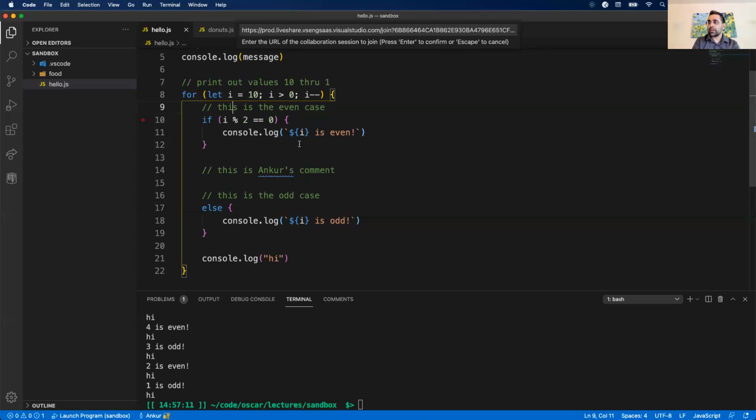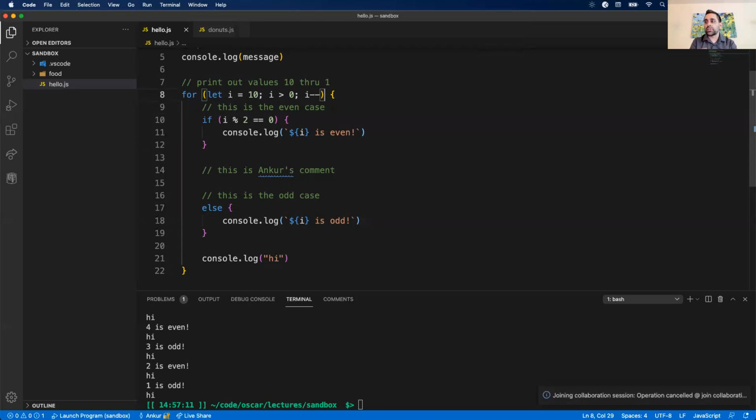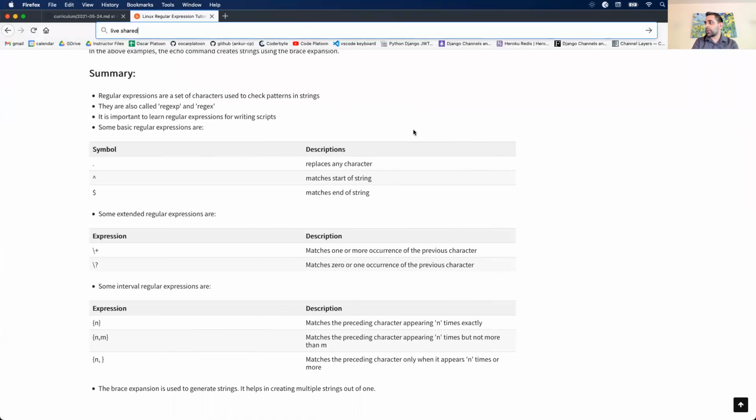All right, that takes care of pair programming and Live Share. Definitely use it. It will make your lives easier, especially since we're all remote at this point. Last thing I want to go over before we complete our lecture and then get to the afternoon coding session,